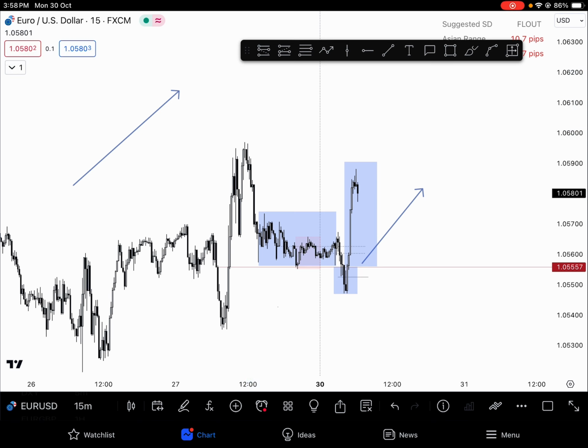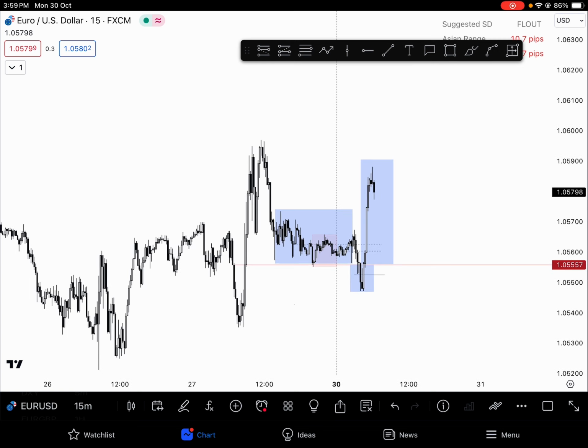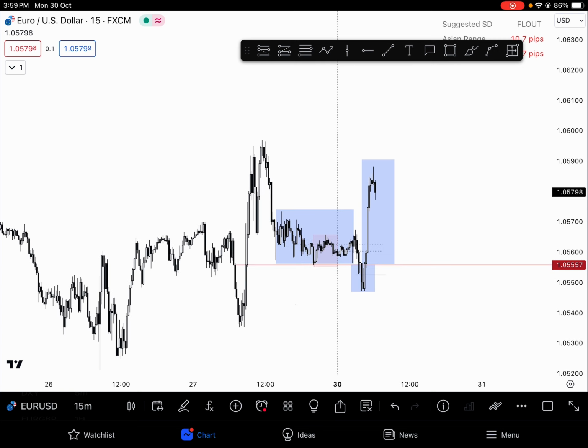This is not a signal group. I am here purely for educational purposes. Because I take trades, and most of the time I will be free, so this is how I can help you guys. Anyway, this is basically the idea behind the trades.